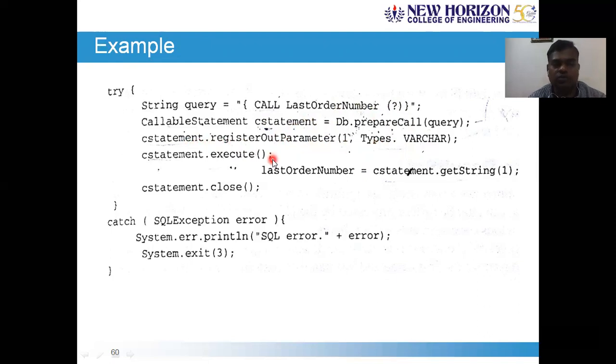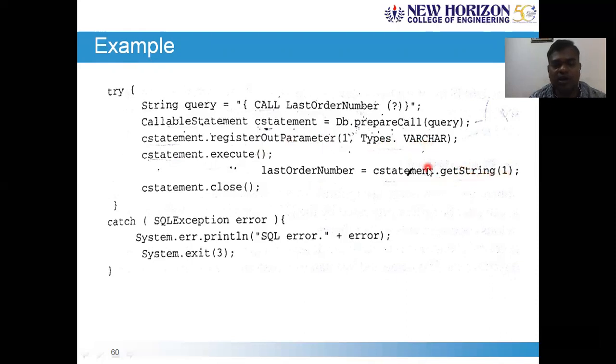Once you execute, the results we obtain from the output parameter are associated with the callable statement only. cstmt.getString(1) can be used only when you register the output parameter as a VARCHAR. As I registered Types.VARCHAR, we can fetch it with getString(1).